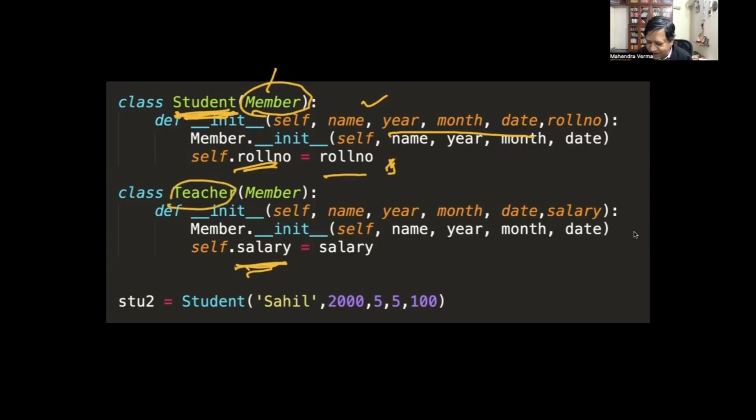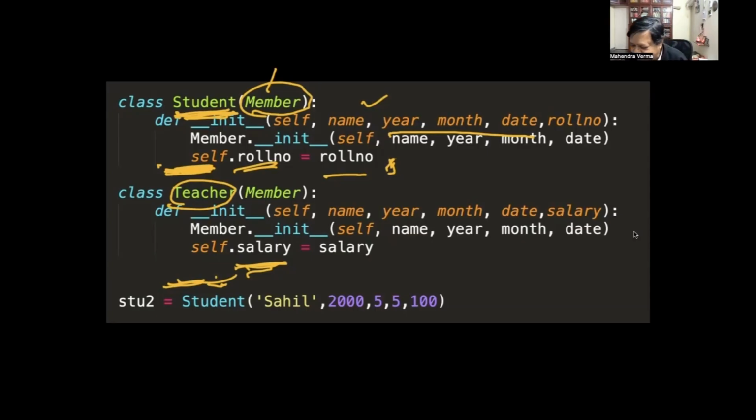So there are functions related to teachers which are not related to students. For example, giving a grade to a class will be a function of a teacher, but a student will earn a grade or take a class. So we'll have separate functions here and separate functions there. Some functions may be common, like sports activity, which both may be doing. There are some functions common among both, but there are functions which are different. We need to create that difference, and that is what is done.